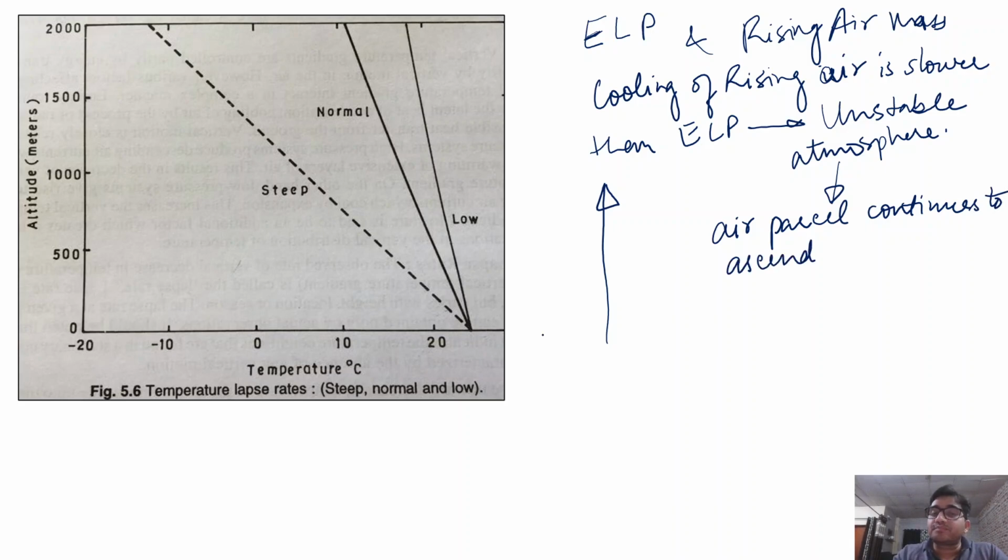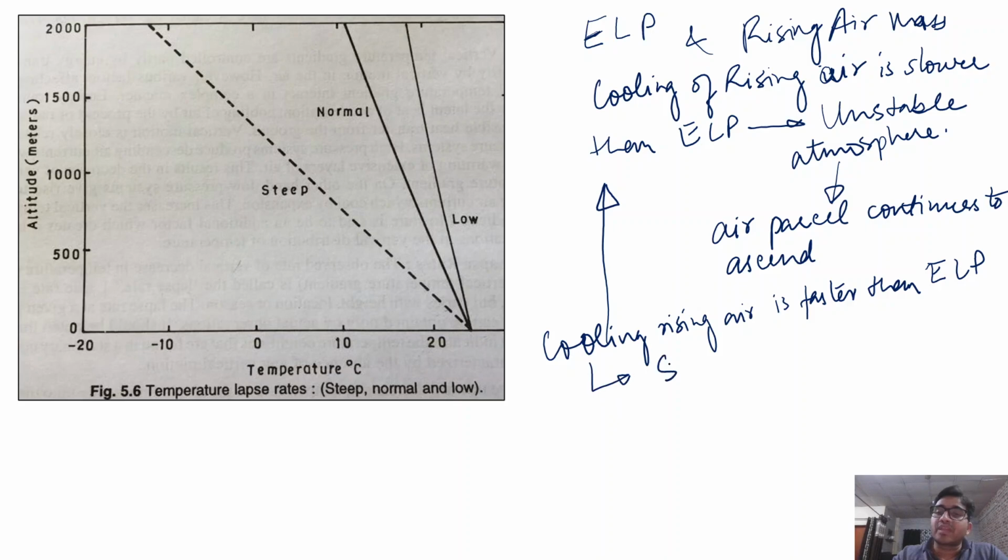While if the cooling of rising air is faster than the environmental lapse rate, it is the situation of a stable atmosphere. Stable atmosphere. So what does it mean? It means that now the air which was rising has cooled faster, so it has become cold now. So the movement of this air to more height will be restricted. So a stable atmosphere restricts the vertical motion